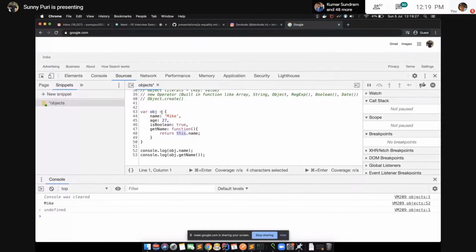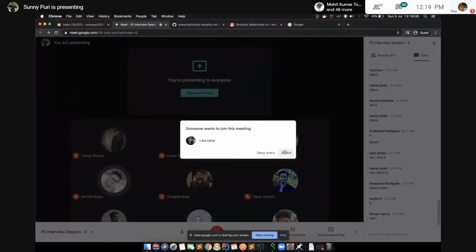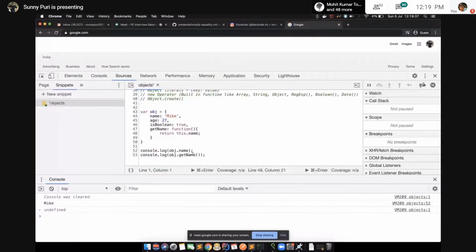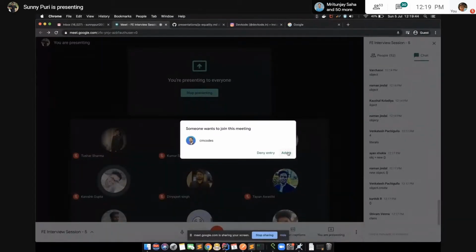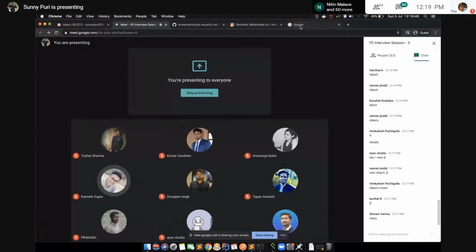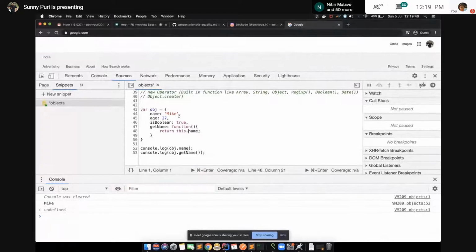That's why it is pointing to this. You cannot do it without this, so you have to use this to refer to your own instance property. This is pretty much clear, guys.